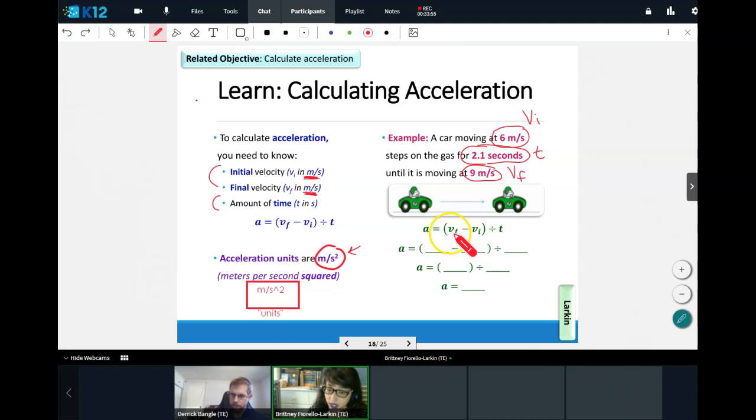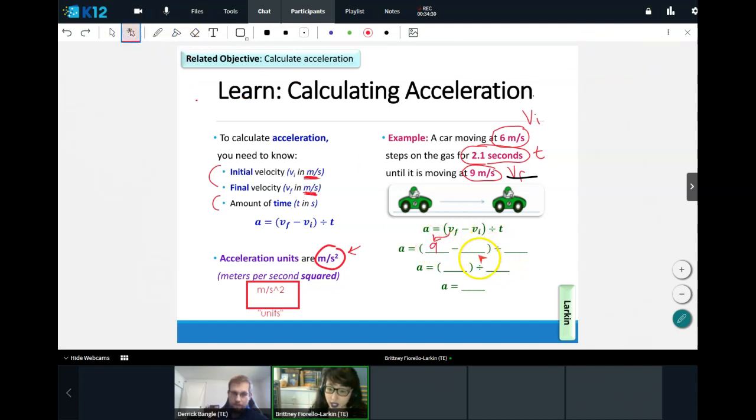Based on what we annotated, what do I plug in for my final velocity here? Take a look at what we just annotated. That's why we annotate, to make our lives easier. In the chat, work quickly. We have to get through a couple of these, so work fast. Nope. Final. VF. What did we annotate for VF? Final. We start with the final velocity. There we go. I see those corrections in the chat. Perfect. Our final velocity was actually 9.